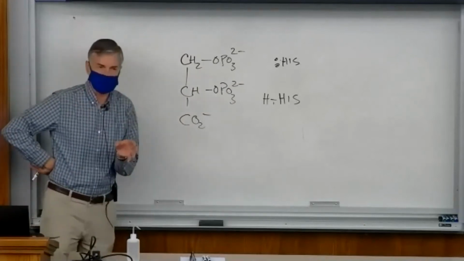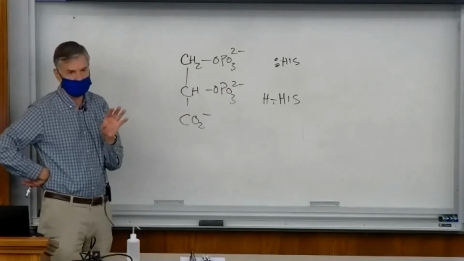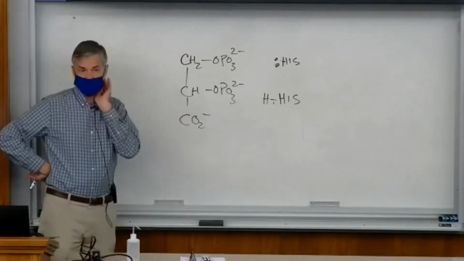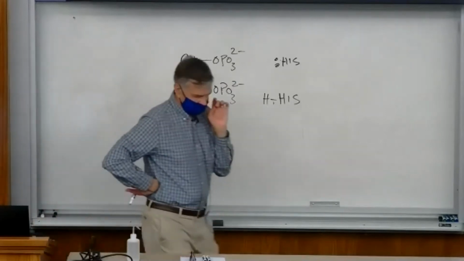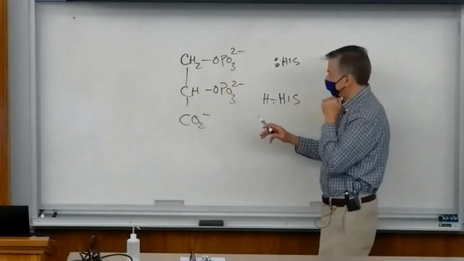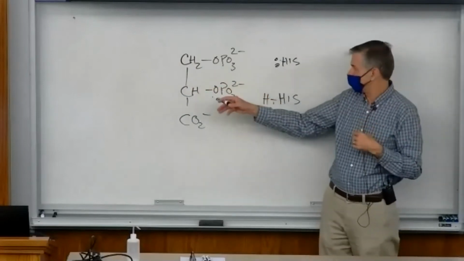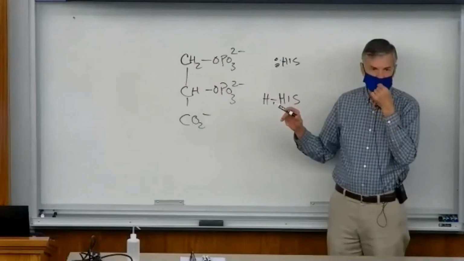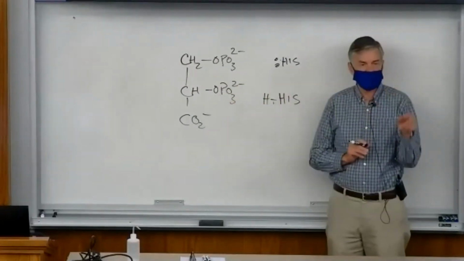There is a separate enzymatic system in the red blood cell that generates the 2,3-bisphosphoglycerate. Nevertheless, this active site is prepped by a copy of 2,3-bisphosphoglycerate coming in with transfer of a phosphate to